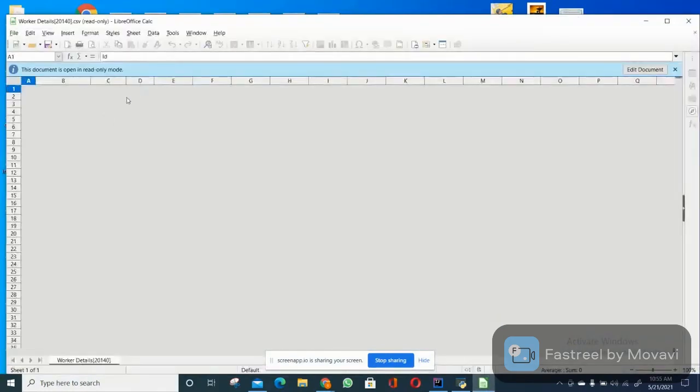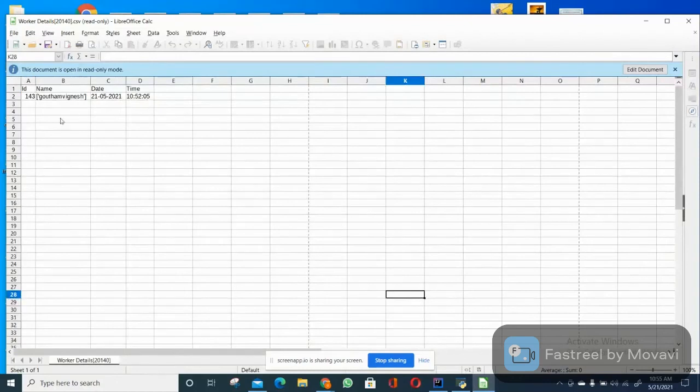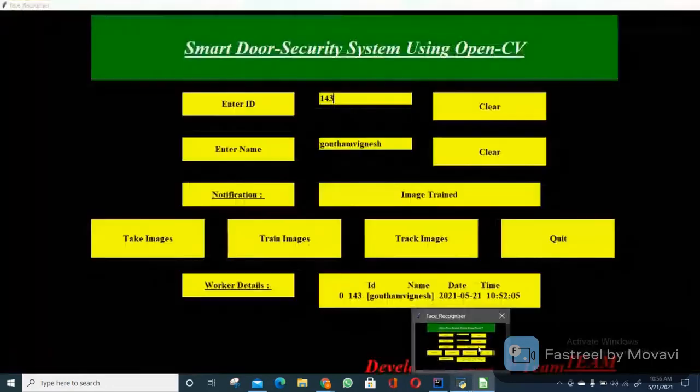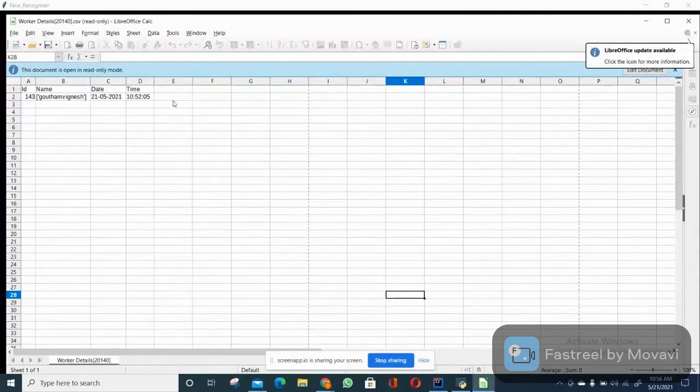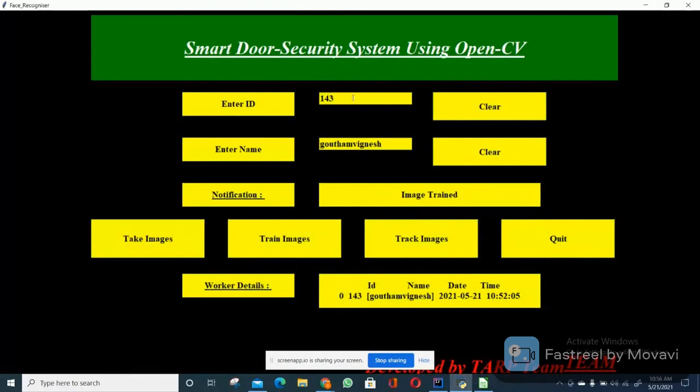The CSV file is directly sent to the respective officials who want to monitor. We can see the ID, name, and the date and time they entered. We can see the time 10:52:05, 10 hours 52 minutes 05 seconds, and the mail also shows the same time. So in this way we can get the workers' data using this smart door security system.